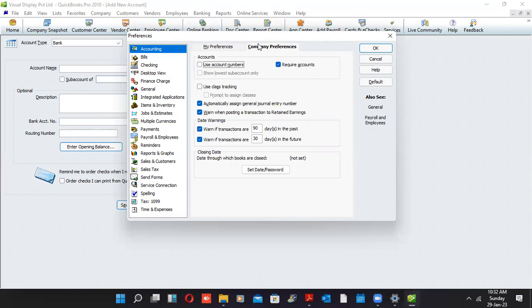If you make any change to the company preferences, it is applicable for the entire company, which means for all the users. If I describe more, even in your personal computer, you can have multiple users. If you change the date,